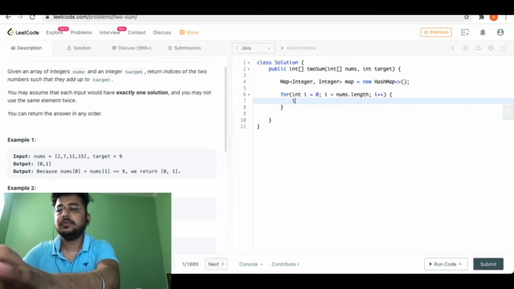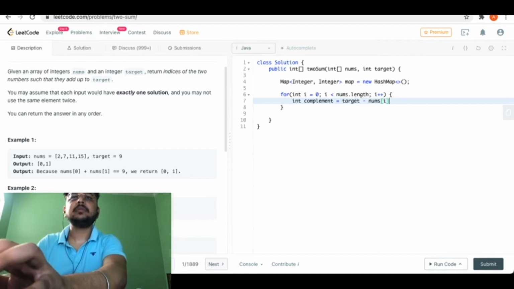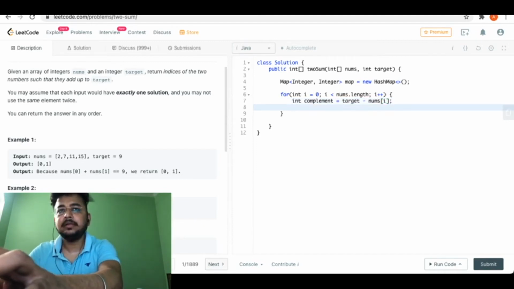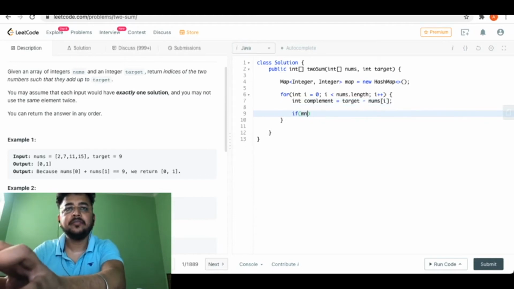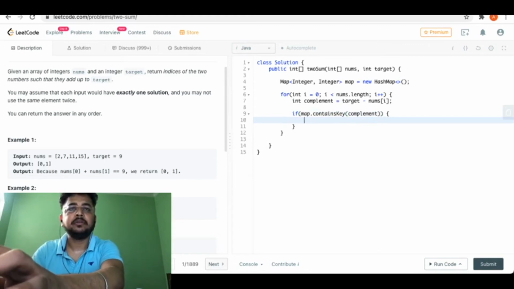For every number that I have, I'll create a complement. Complement here means whatever is the remaining amount which I will have after reducing the current number. So this is how I'm calculating the complement, which is target minus the number, and then I will check if the map that I have created contains the complement. If the map contains the complement, that will mean I have the number pair already.